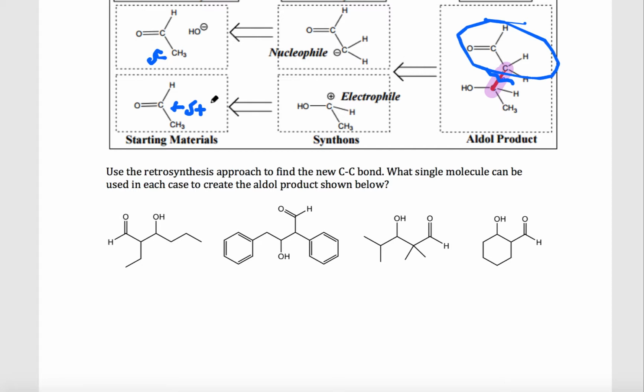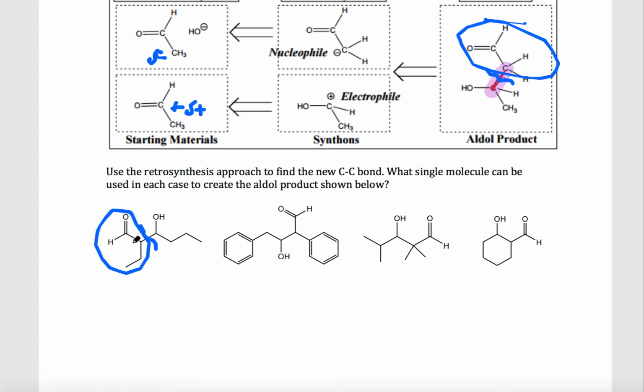This is called retrosynthetic analysis, or you could think of this as a retro-aldol, where we go backwards in the aldol reaction. So we have our alpha carbon and our beta carbon. That's where our new bond was formed, between an alpha and a beta carbon. This piece must have been the nucleophile, and the alpha carbon here attacked this carbon here. So that means that my original aldehyde is exactly this, and it attacked another one like itself, because you'll see